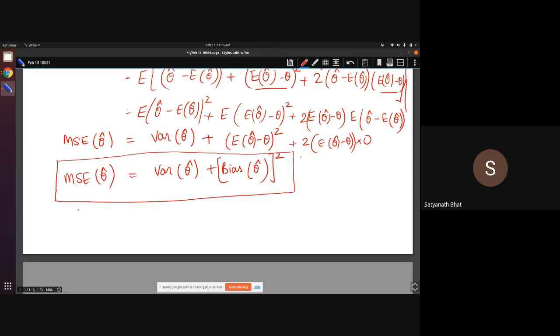So whenever there is a machine learning algorithm, if you want to have the best prediction performance, what you need to do is minimize the mean square error. Okay, you need to have a low value of mean square error. So whenever you have some error, either that error is coming because your hypothesis class is very big, as a result there is a lot of variance, which means it is coming from this part, or your hypothesis class is small and it is not approximating the true thing well, which means it has bias. Okay, so this formula is pretty general, and this will come again.